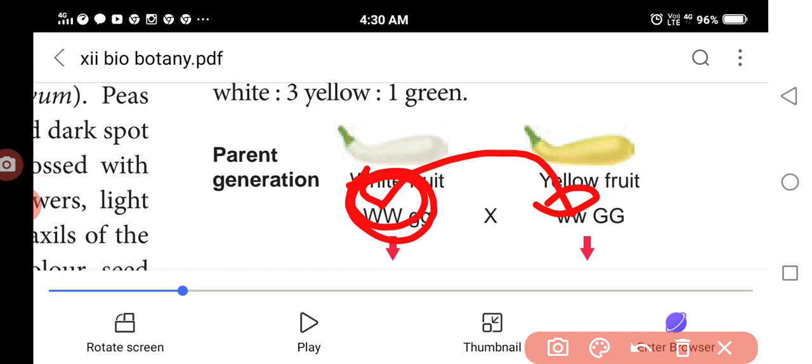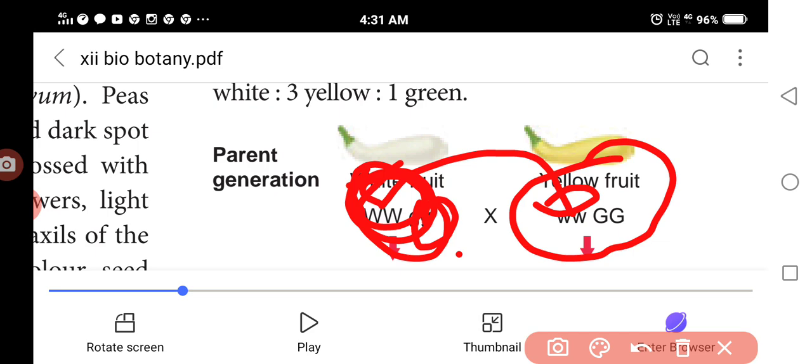Yellow, white, green, any color: because the dominant allele W masks them. So the recessive allele g for green fruit is present in the white fruit but is not expressed. At the second locus, yellow is dominant to green. White fruit with the genotype capital W small g, and white fruit with the genotype small w capital G. So at the formation of gametes,